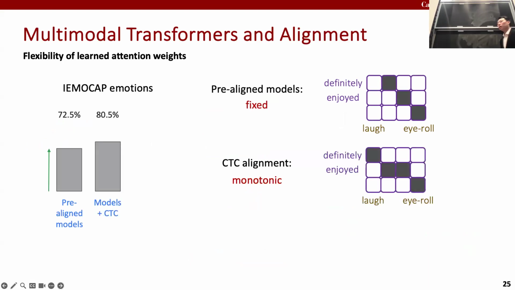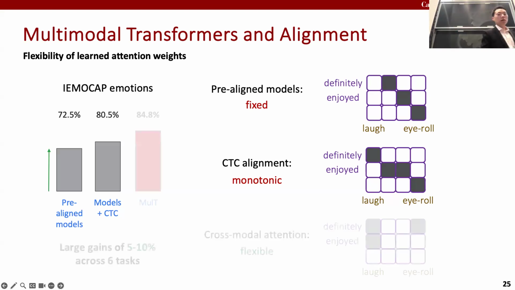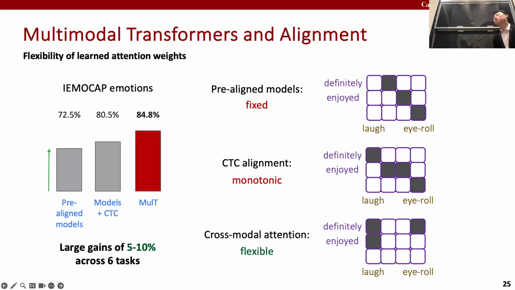A second common type of baseline would be those based on forced alignment, for example, CTC, connectionist temporal classification. These traditional methods of alignment look at the word carefully, learn what nonverbal expression it should be aligned to, for example, laughter, and remove both of these elements and recurse on the rest of the sequence. So these methods learn attention patterns that are monotonic. Whereas cross-modal attention is flexible because now you can learn attention patterns with the same word interacting with features before in time and also features afterwards in time.